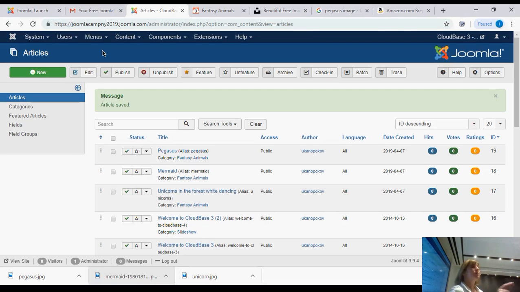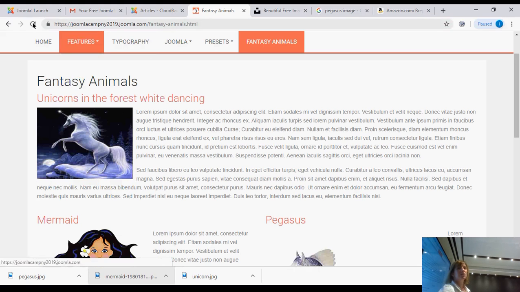You have to click on the image. After you upload it, click on it. Mark, can you show them where to click on the name? Yeah, show them. Just click on the name, and then you'll have the URL. Mark will show you. Okay, so now, if I go to my Fantasy Animals page and I refresh,